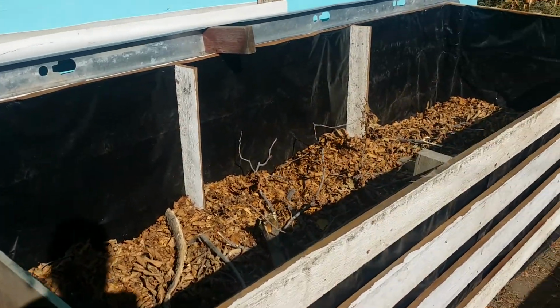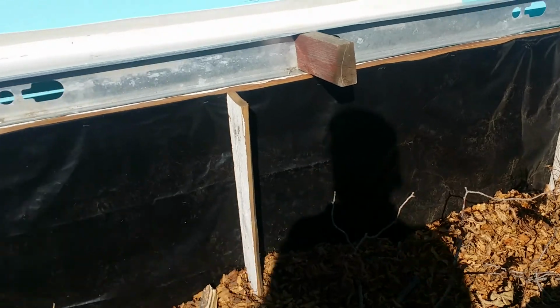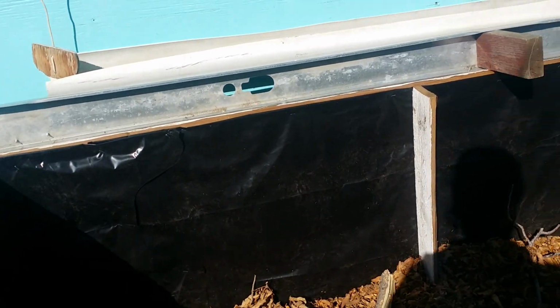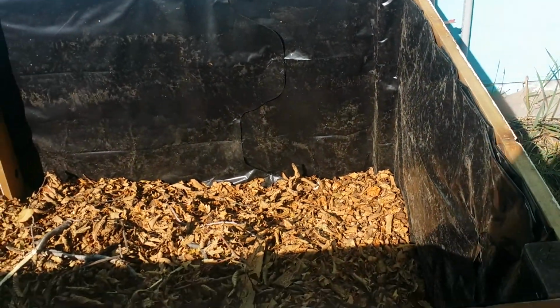So here is the other one that I built yesterday. And this one is 3 feet by 9.5. That's all the space I had on this side. And then